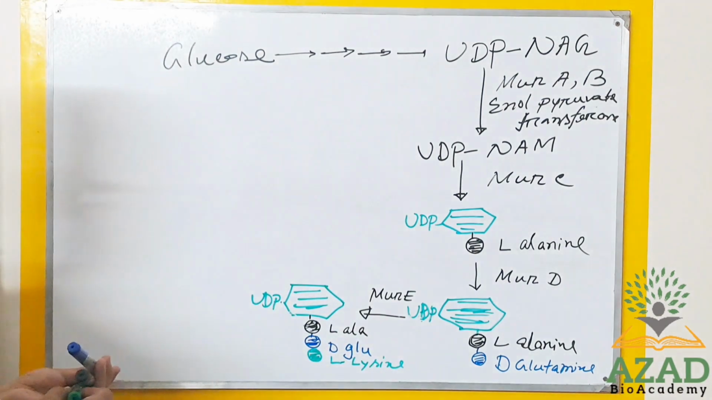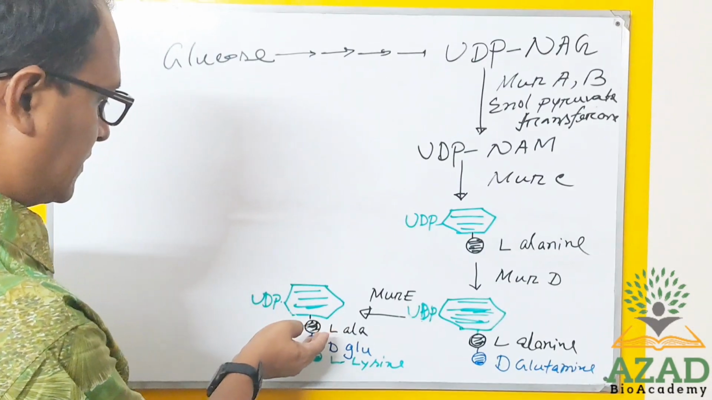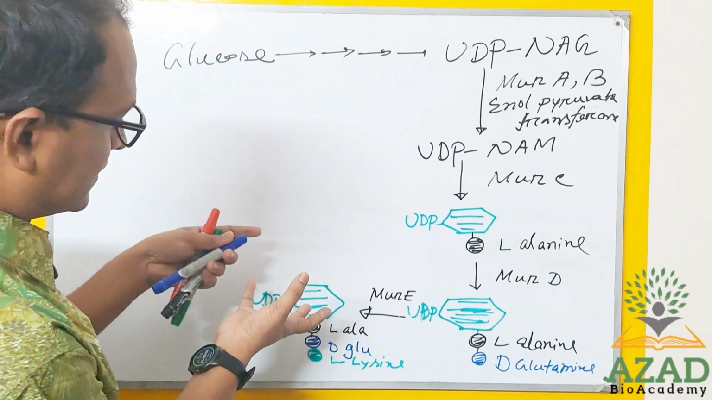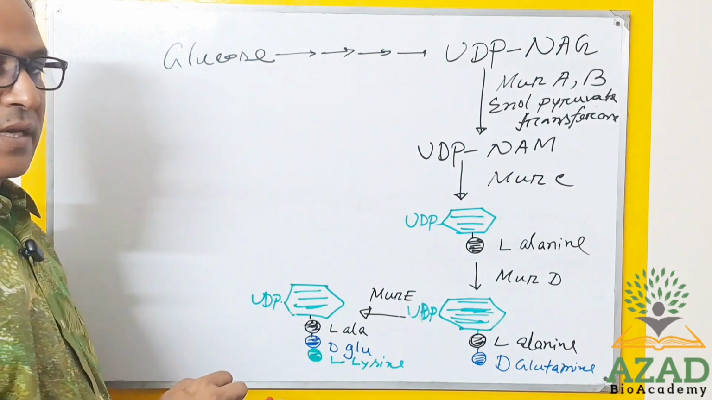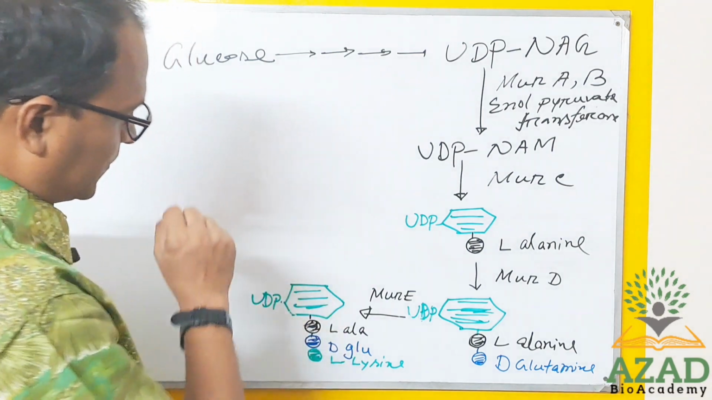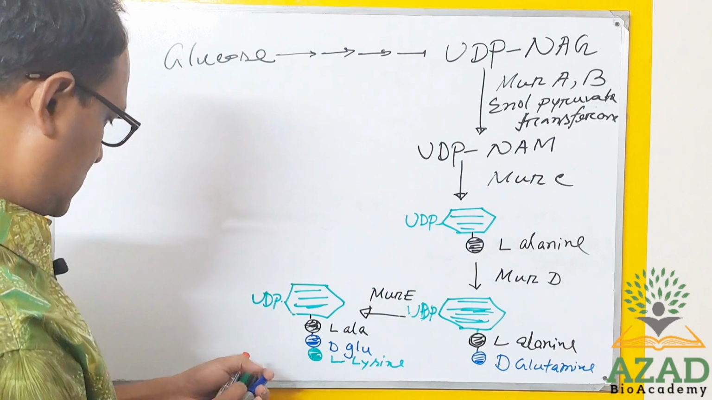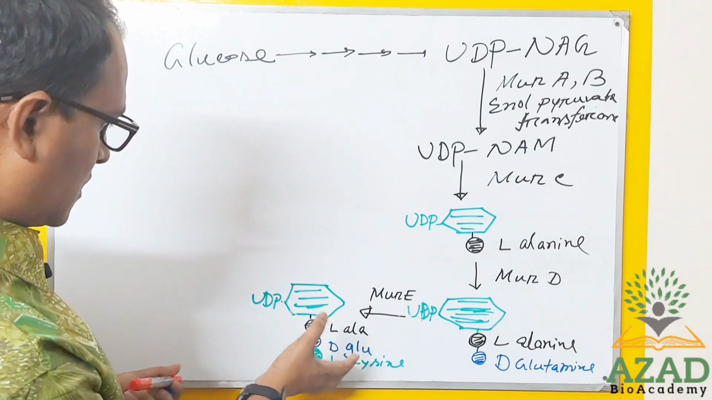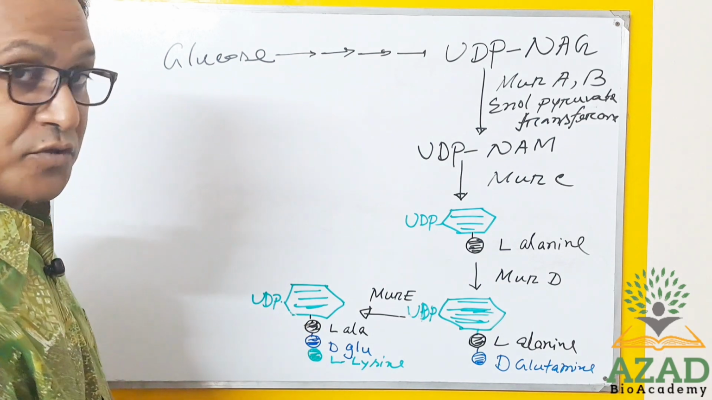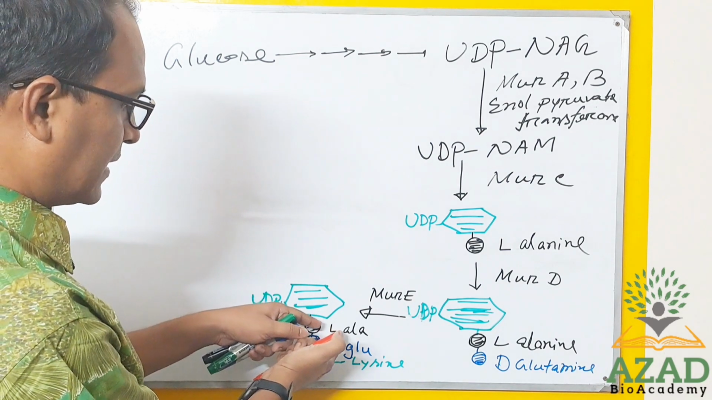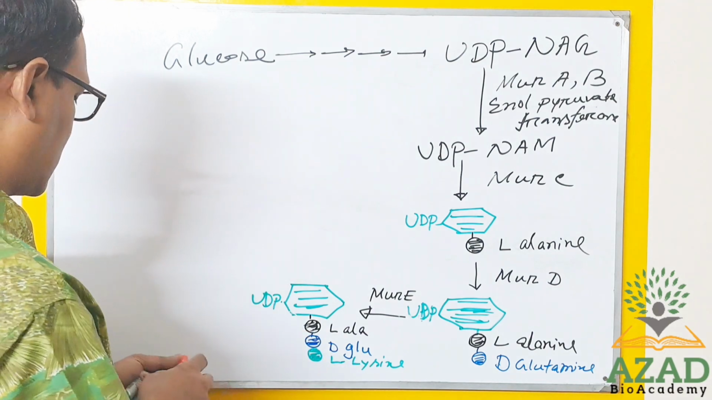Okay, L-lysine will attach with this dipeptide. That means now this UDP N-acetyl muramic acid is carrying 3 amino acids, a trimer of 3 amino acids: L-alanine, D-glutamine, and L-lysine. Okay, now